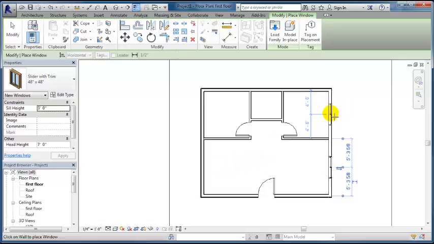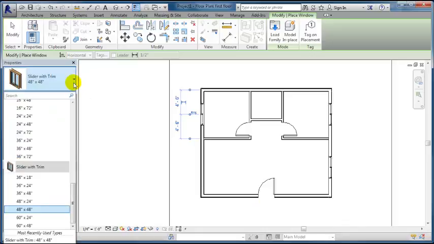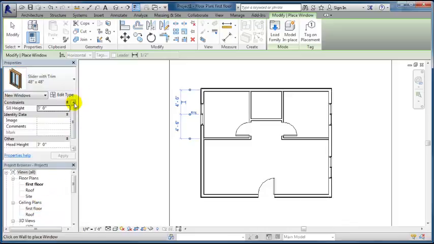and in the bedrooms. So it occurred to me that we want to be careful of our window heights here because of the casework in the kitchen. So I'm going to change that to 48 by 36. Now notice I don't have a 48 by 36 as an option, so I'm going to do something to make one. I'm going to start off with the slider with trim 48 by 48, and then I'm going to hit